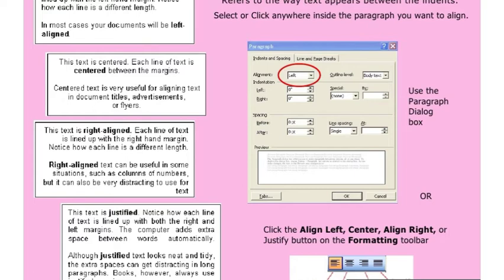To use alignment, select or click anywhere inside the paragraph you want to align. Then this dialog box will appear. Then use the paragraph dialog box or just click the align left, center, align right or justify button on the formatting toolbar.